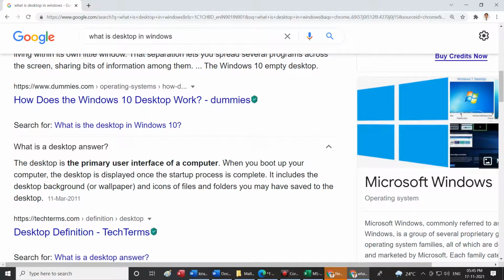This window is called the desktop window.